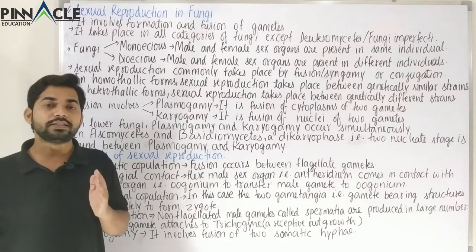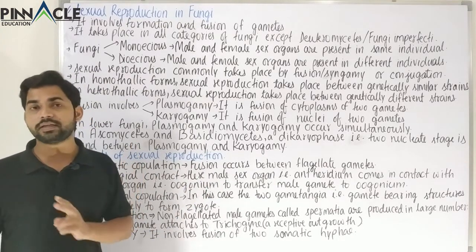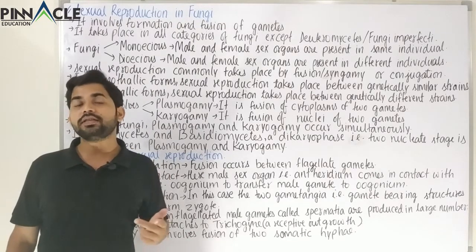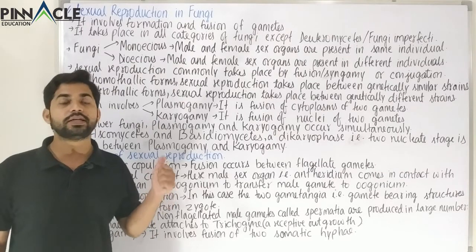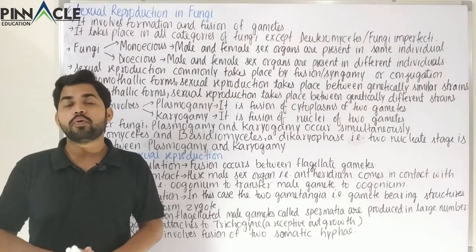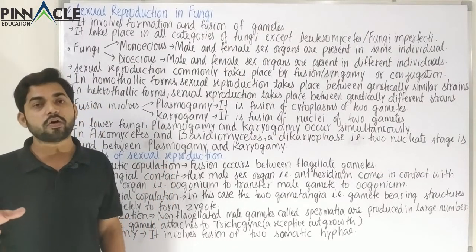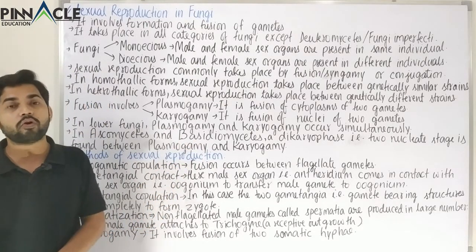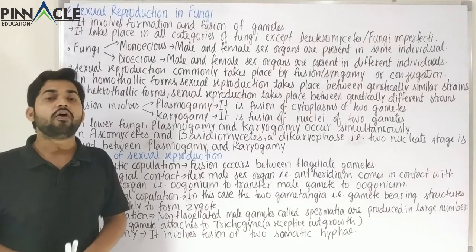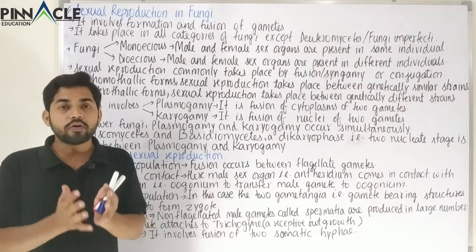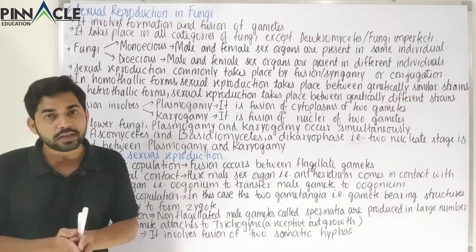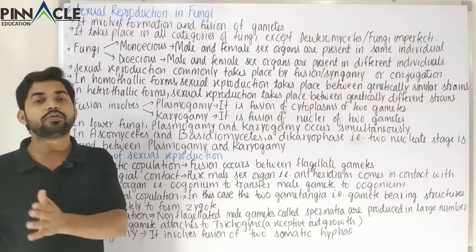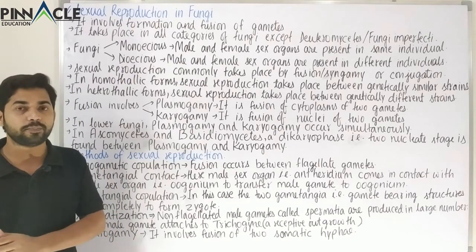So the main difference is that here generally two parents are involved, and also the amount of variation in the offspring that are being created here is much more as compared to asexual or vegetative reproduction. So the offspring will have new recombination of characters, or we can say that the difference between the offspring and the parents would be much more as compared to asexual or vegetative reproduction.